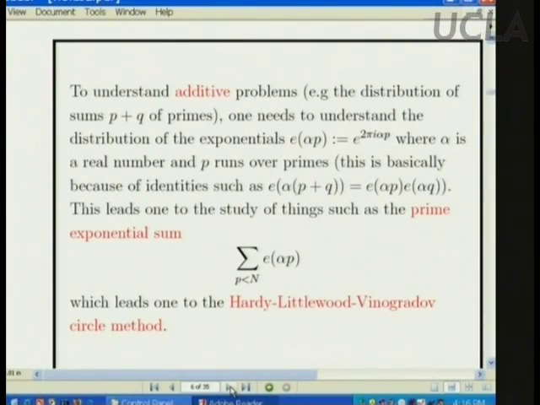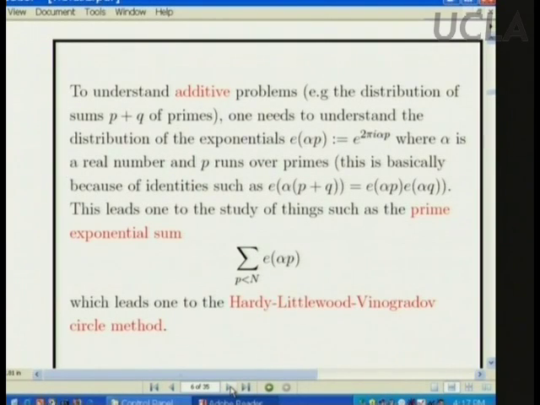So for multiplicative problems, you want to understand p to a power. For additive problems, you want to understand a power to p. So here you look at things raised to the power of p. It turns out that a good thing to do is raise complex numbers to the power of p. So e to the 2 pi i alpha p, where alpha is just some real number. In number theory, we often abbreviate e to the 2 pi i x as e of x, since we see it so often. So this expression here, we abbreviate as e of alpha p. So if we can understand what this is doing,